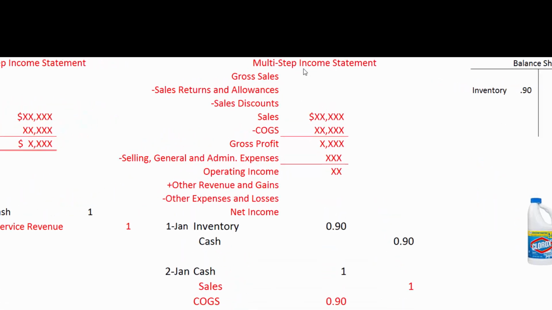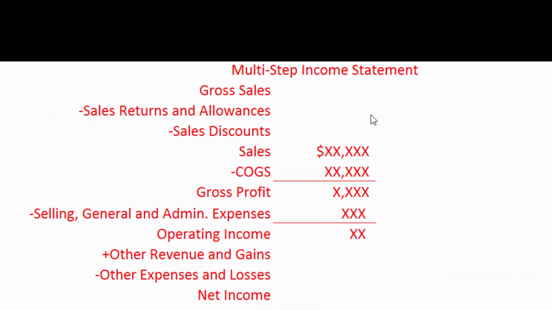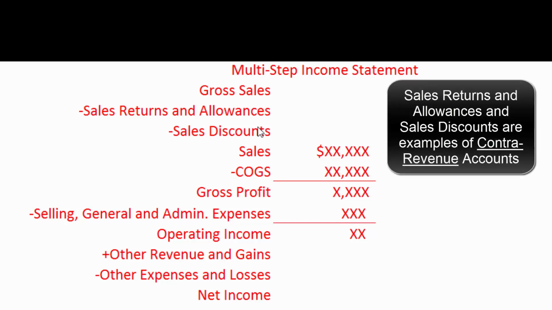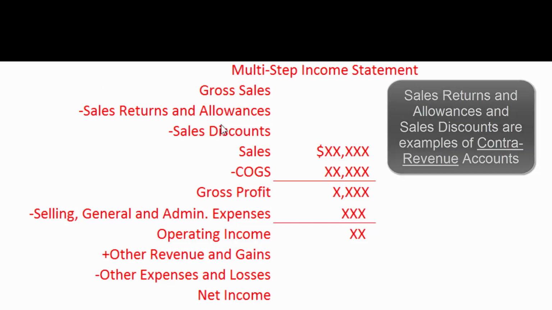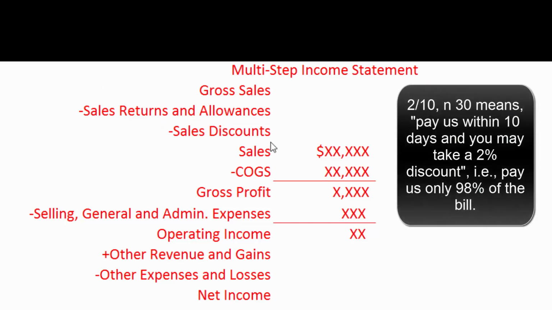And then there's some complications above the net sales line. We're going to have sales returns and allowances. Those are our dissatisfied customers. So if somebody returns us merchandise, we'll book it as a sale return and allowance. If we have to reduce somebody's bill to keep them happy, we'll book that in sales returns and allowances. Sales discounts keeps track of customers that pay us early. We want our customers to pay us quickly, so if we send them out an invoice, it might have terms